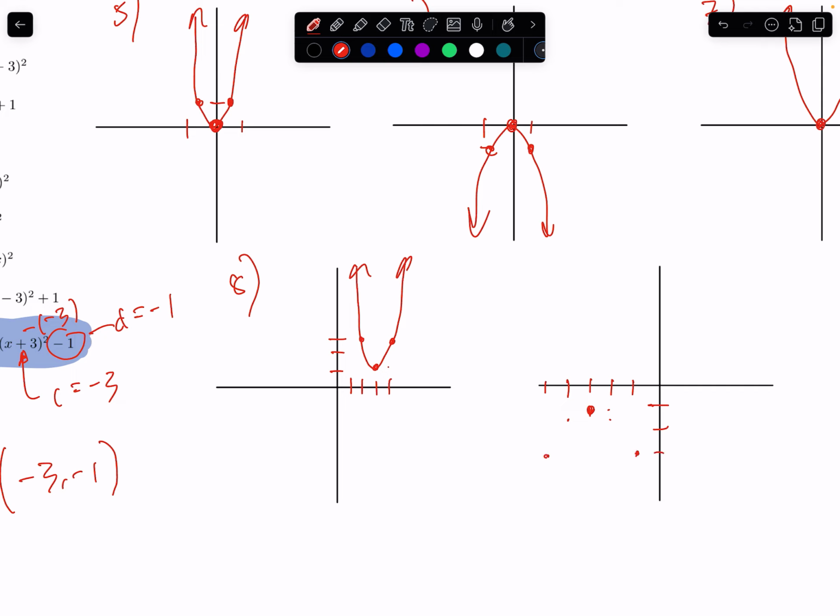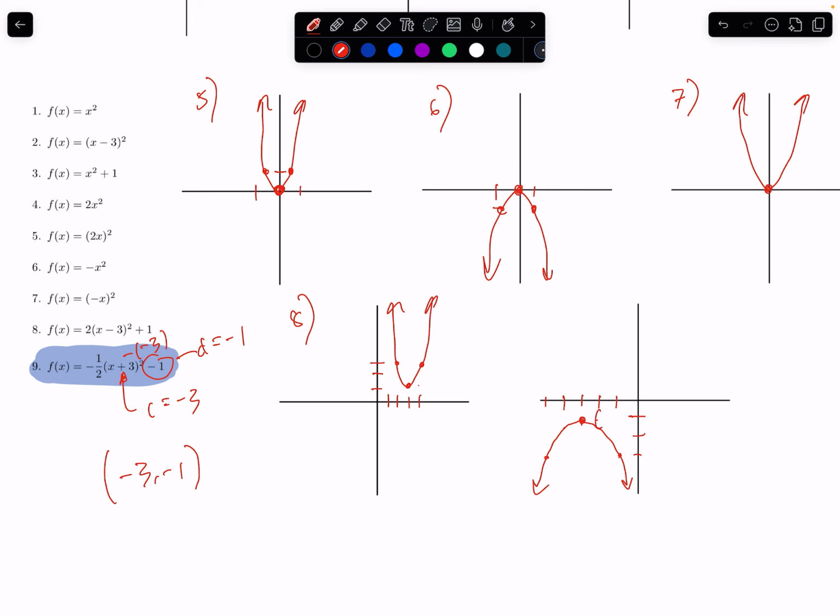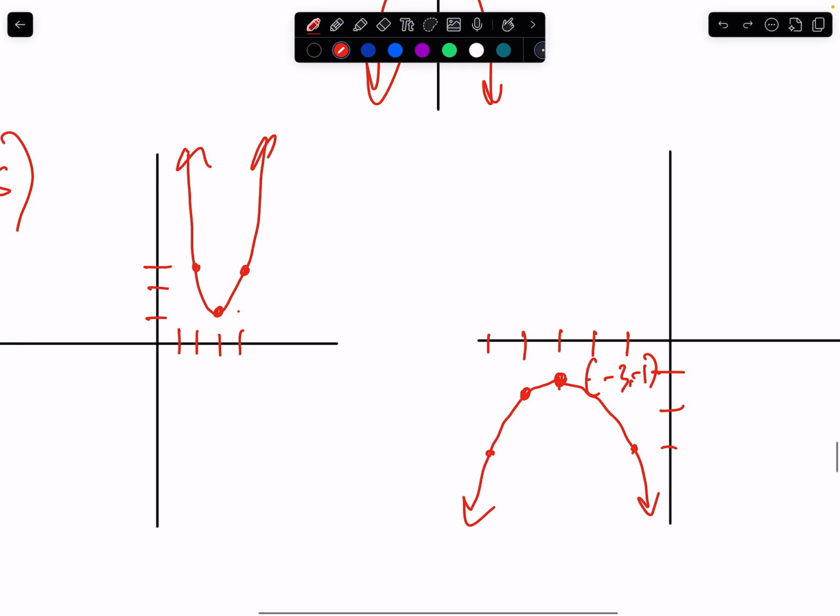So here, connect those dots. And there it is, your graph opening downwards. Right, I can even give points here. This is going to be -3, -1. This point right here is going to be -4 and -1.5. Oh, this is not a good spot to write that. So this point right here, this is -4, -1.5, right? I just went down by 0.5. This point right there, this guy, that's -2, -1.5. What about here? This is